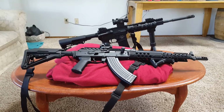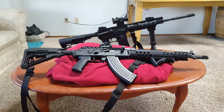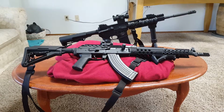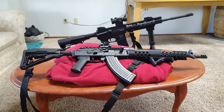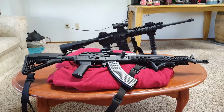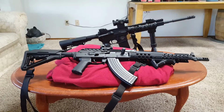So I kind of put the 74 and the M4 together, and the AK would be more like, I guess, an American 30-30, because they have a lot of the same characteristics as far as flight and damage and stuff like that. But to get back on track,